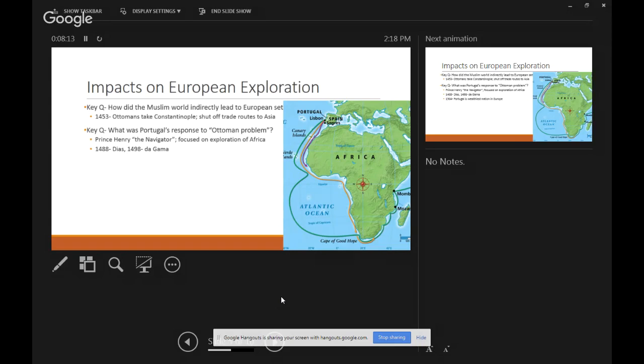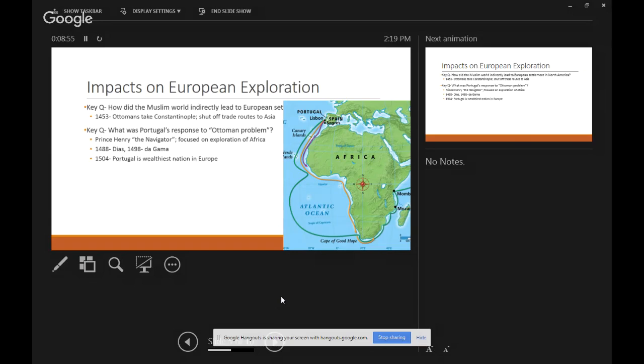This is huge. I mean, guys, listen, we're not going to talk about Portugal ever again in this class. Like, this is their moment to shine. For a few years, Portugal will be the wealthiest nation in Europe. Not England, not France, not Spain. It's going to be Portugal. Why? Because they found another way to get to India, to get to China, to keep that trade going. Listen, if you're in Europe and you want tea, you want silk, you want spice, now who do you have to go through for all of that? Portugal. They're the man.